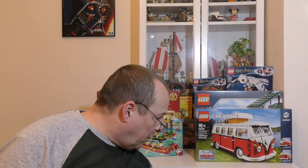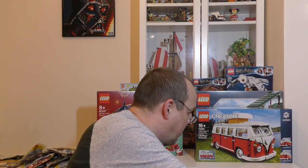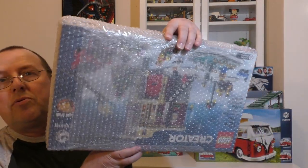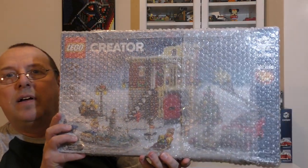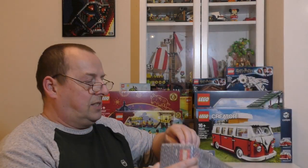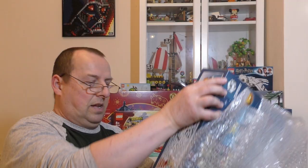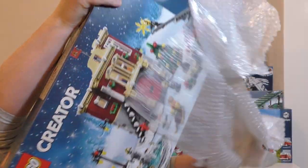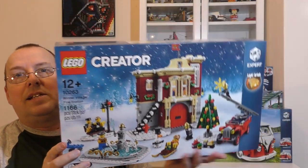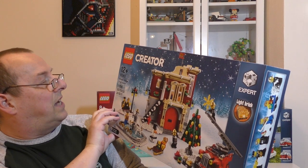Right, we've got one more box to get into, and it's another Creator set. You can probably see what that is. So there we go. And this is something that again I don't think I've ever had. Let's just get into it. It's one of the Winter Village sets, if you haven't figured it out already. And it's this one here, which is, I think, the fire station. 10263, the Winter Village Fire Station,